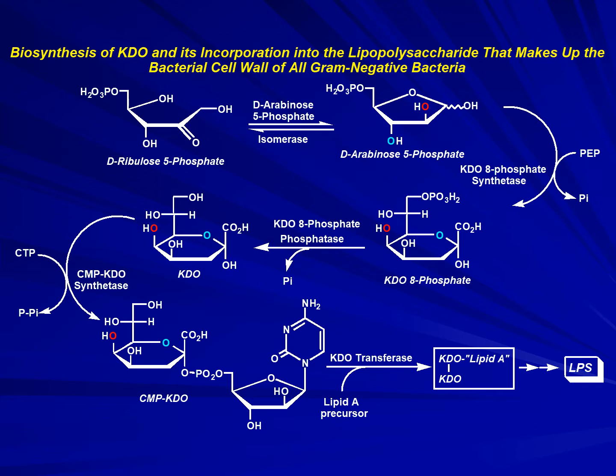And it's the biosynthesis of KDO and its incorporation into the lipopolysaccharide that makes up the bacterial cell wall of all gram-negative bacteria. So arabinose is a sugar that gram-negative bacteria metabolize to form the KDO trimers, which form the lipopolysaccharide outer membrane. Here you start out with ribulose, and in the biological system, it's exposed to an isomerase to